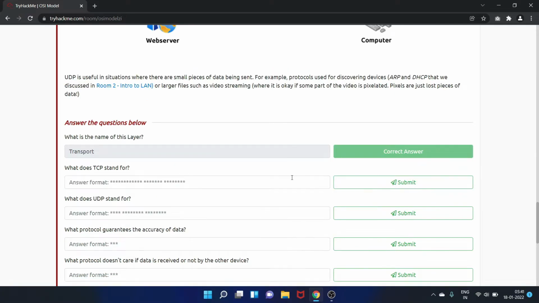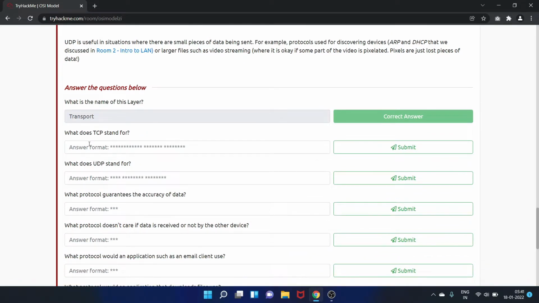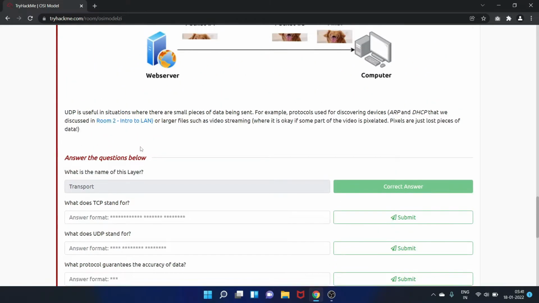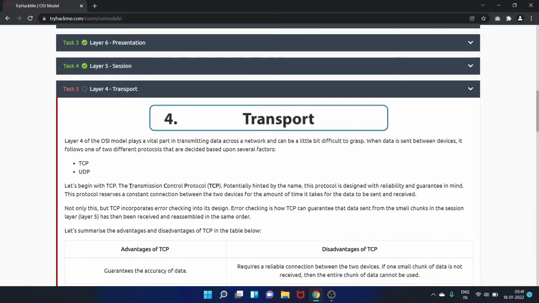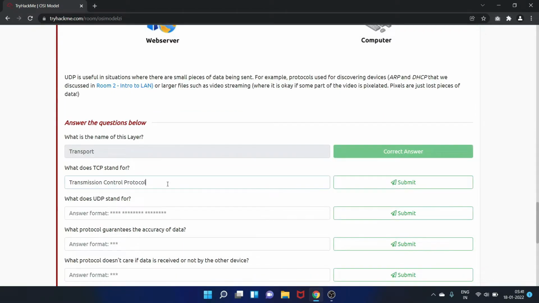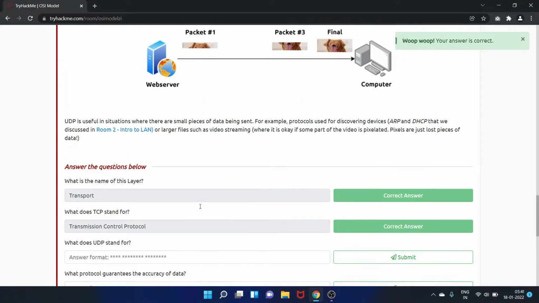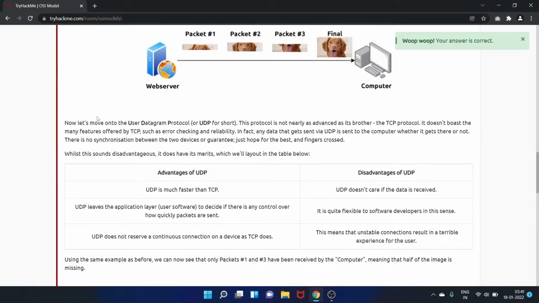So let's answer the questions below. What is the name of this layer? That is the transport layer. And what does TCP stand for? That is Transmission Control Protocol. Let's copy it, paste it here, and submit the answer. What does UDP stand for? That is User Datagram Protocol. Let's copy it